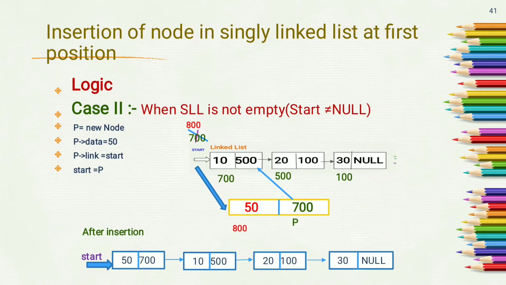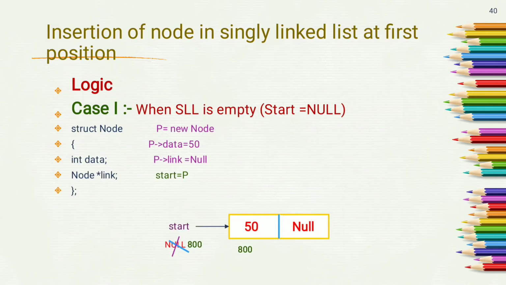In this way, to perform insertion in a linked list, we have to just change the address of the link pointer. As I told you in the previous video, insertion and deletion in a singly linked list are easier as compared to the array. In an array we have to perform shift operations. We have to move the values upwards in case of deletion and downwards in case of insertion, but there is no shifting in a linked list. We have to simply change the link field of the nodes. So I think the logic will be clear to you.